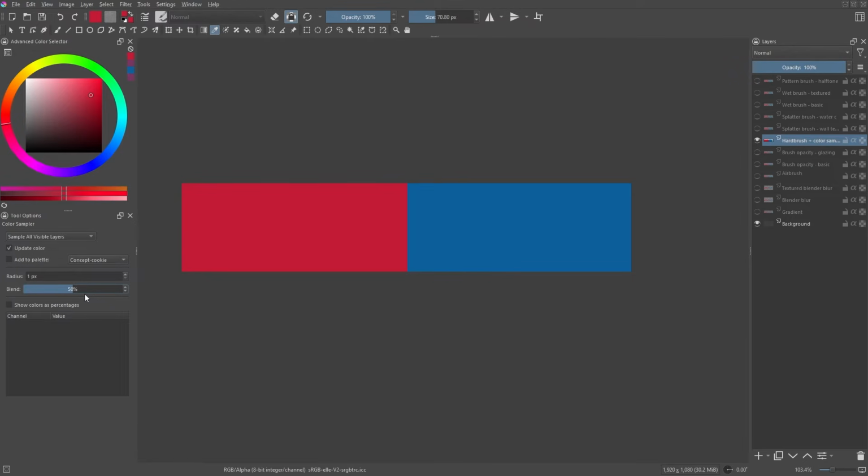the previously active color. So, for example, currently the magenta color or the one on the left is active. If we click to sample the blue color, now the active color is not really blue, but it is 50% blue and 50% magenta as the previous active color. Now that we have the mixed color, we can apply it in the center area.